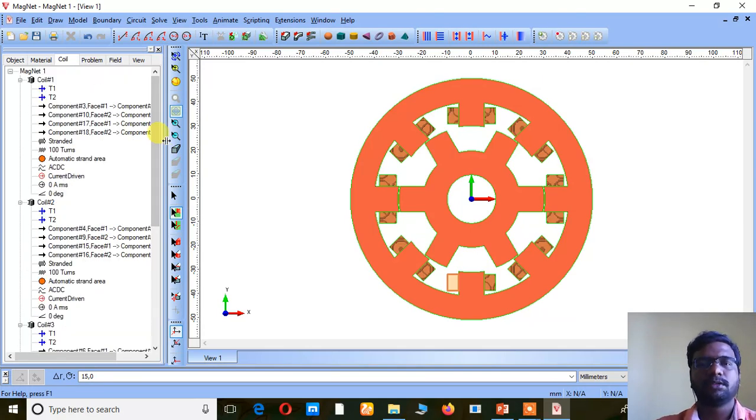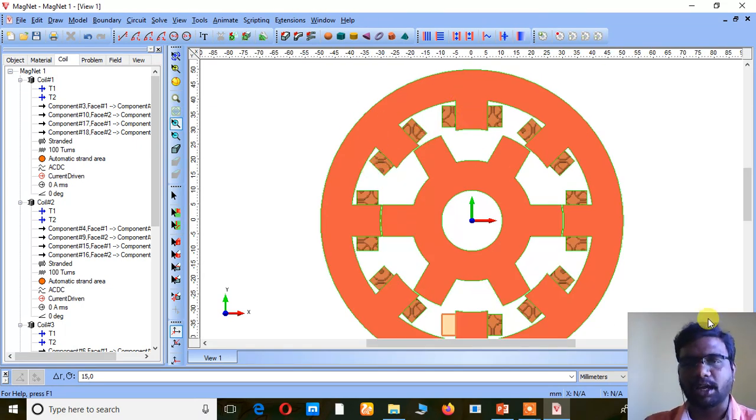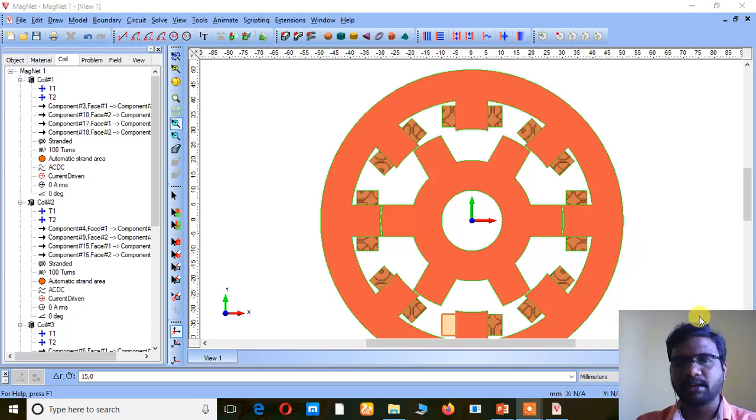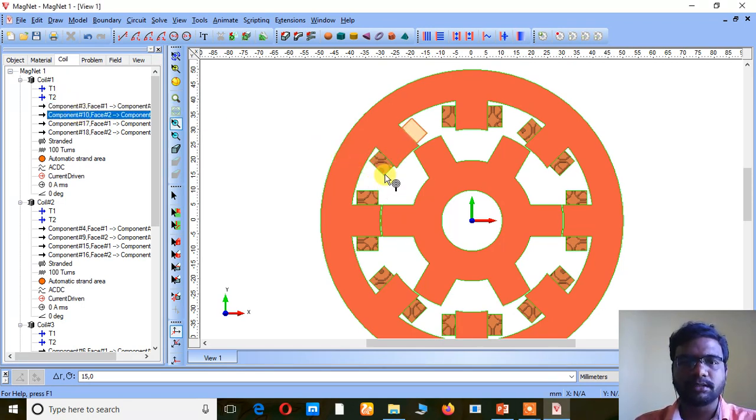Now I want to check whether the winding polarities are correct or not. How to check this winding polarity? That depends upon Fleming's left hand rule. Here it is dot, so this one also should be dot, and here also dot.